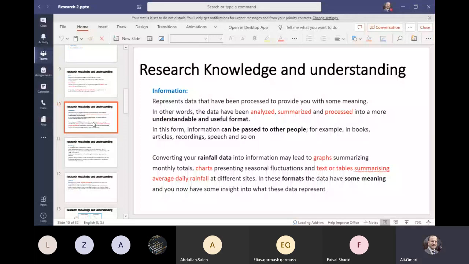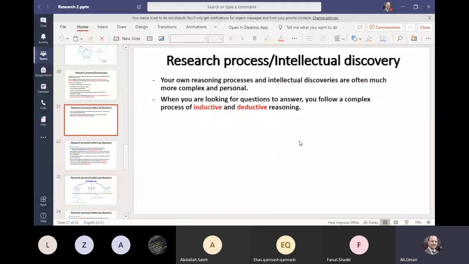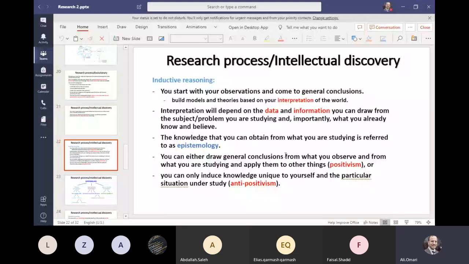Okay, and we start to talk about inductive and deductive reasoning and intellectual discovery, and we want to define what is inductive and deductive reasoning. Reasoning meaning you propose something, you find something out of your research and you want to reason it, to give it your weight. You want to reason it, to justify. For example,